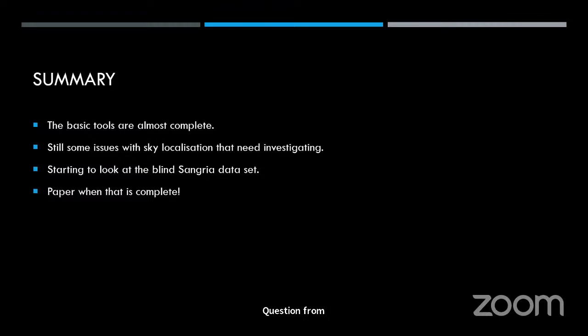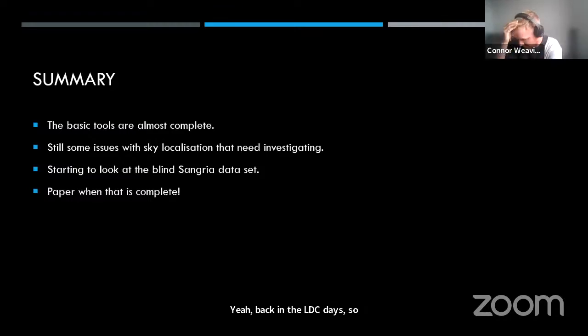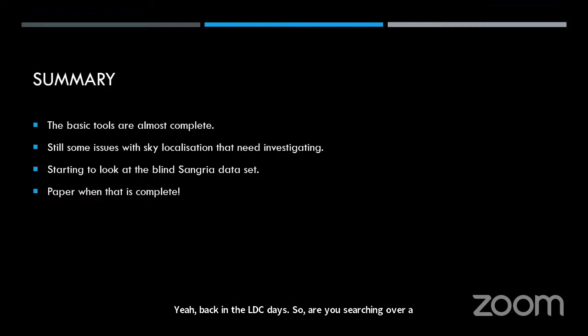Yep. So the lore has always been that the parameter space is too large and the targets are too small, and you would need so many templates in the pre-computed bank before doing the search that it quickly becomes unfeasible. And that's sort of what drove people towards stochastic sampling algorithms, decades ago, back in the MLDC days. So are you searching over a more restricted parameter space, or has there been some change of the lore?